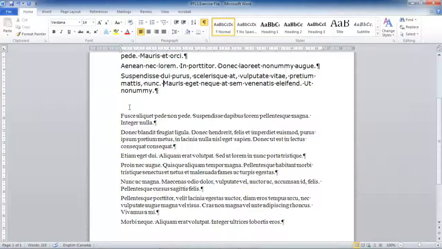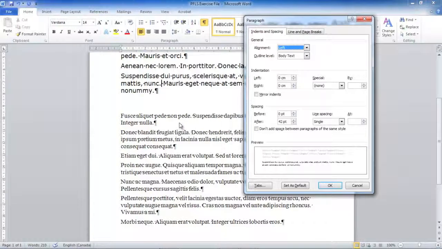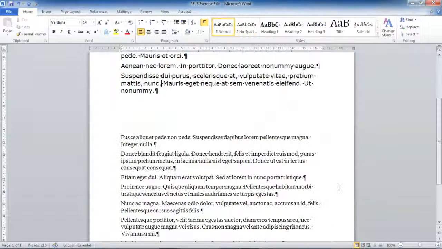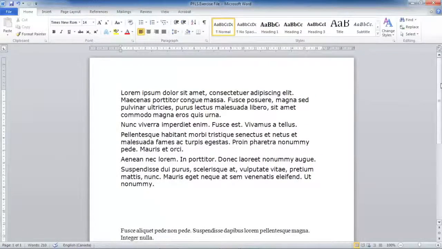If that's not enough white space, you can right-click on that paragraph, choose the properties for paragraphs again, and continue to increase the amount of white space as much or as little as you like, until you get the desired effect. This is true white space. A screen reader is going to completely ignore the spacing between two paragraphs if it's formatted in this way, which means it will move effortlessly from one section to the next without interruption. So let's turn off the paragraph formatting and move on to the next topic within this episode.